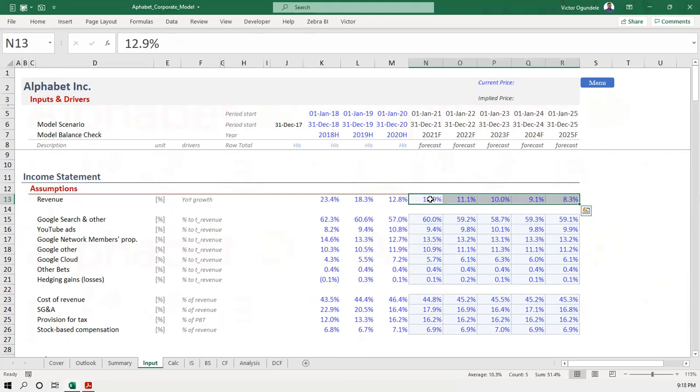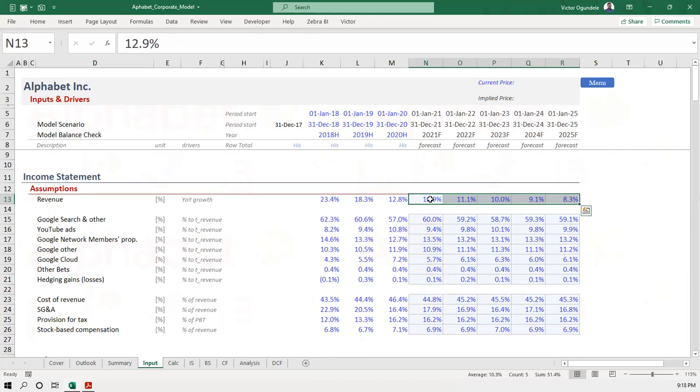So the last one is what we now call level two, the level two way of making assumptions. With level two, you look at the historical, you understand the historical, then you're saying going forward, which is more like the work of research analysts, right?